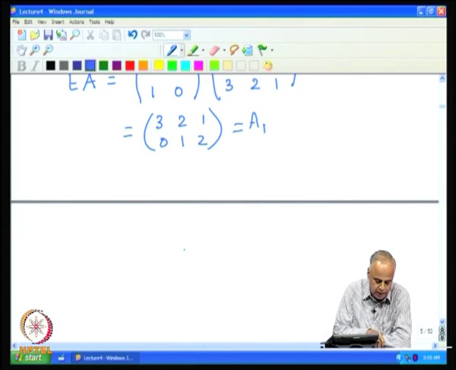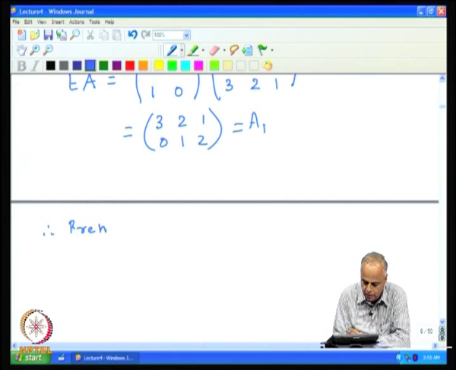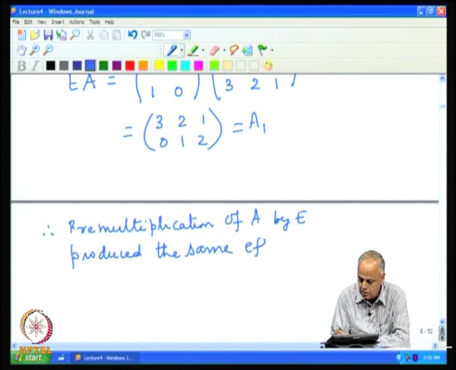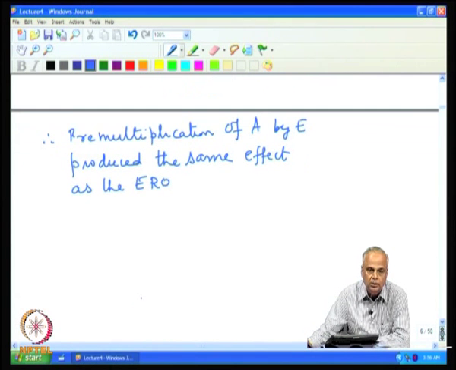So, pre-multiplication of A by E produced the same effect as the ERO. Now, we can see that this is in general true. So, the conclusion is,